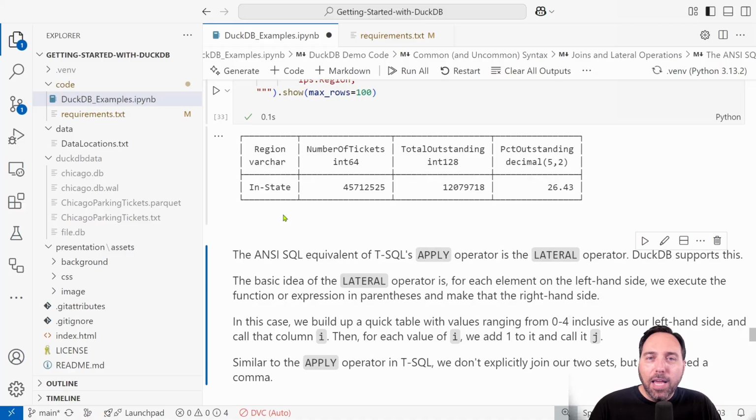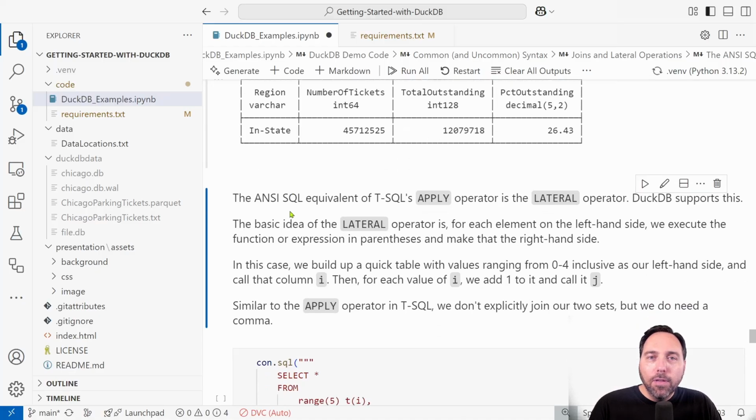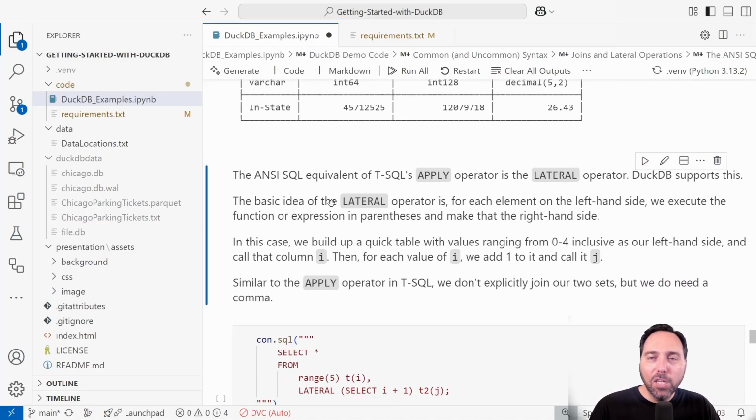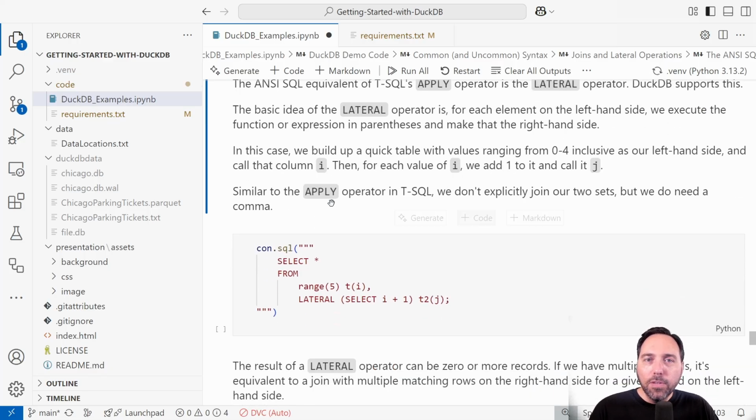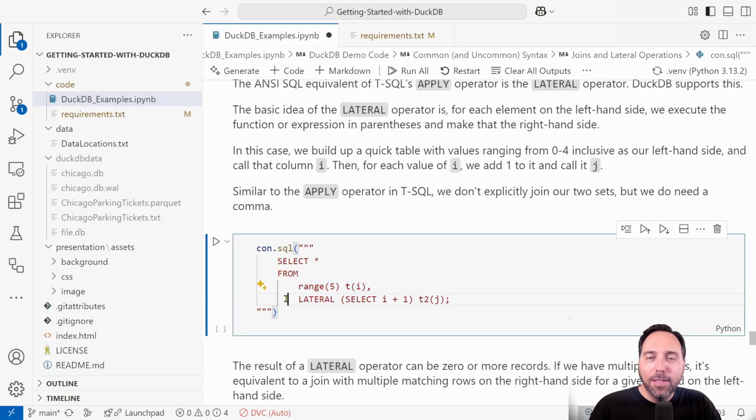And it's fine. I like APPLY a lot. LATERAL behaves the same as APPLY. For each element on the left-hand side, we are going to execute a function or expression on the right-hand side. So in this case, SELECT * FROM range(5), LATERAL (SELECT i + 1). So let's talk about this. Range is a generator. Range will allow me to generate, from 0 through 4 inclusive because it uses Python style numbering,